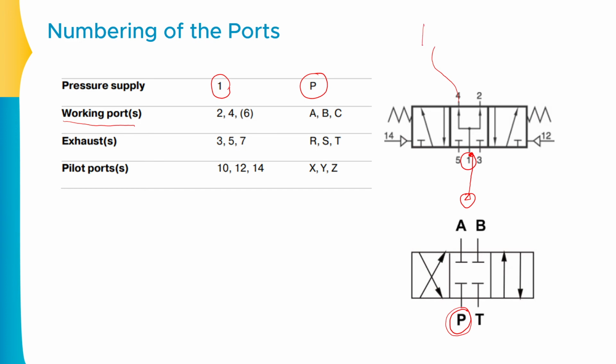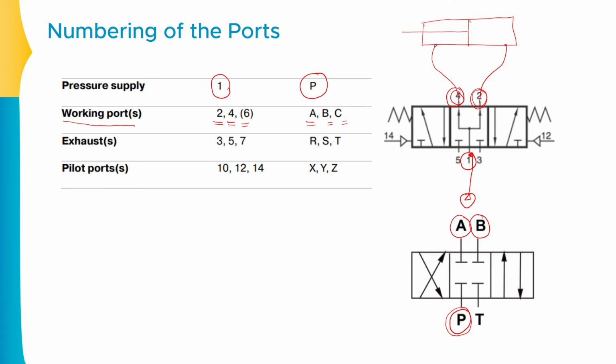So if I have a simple cylinder piston actuator over here, in that case point number 4 and point number 2 will be connected with this actuator. So these are basically the working ports. They can be represented with the help of even numbers 2, 4, 6 in this way, or if you are using alphabets, then A, B, C will represent a working port, like A, B, which are available over here.